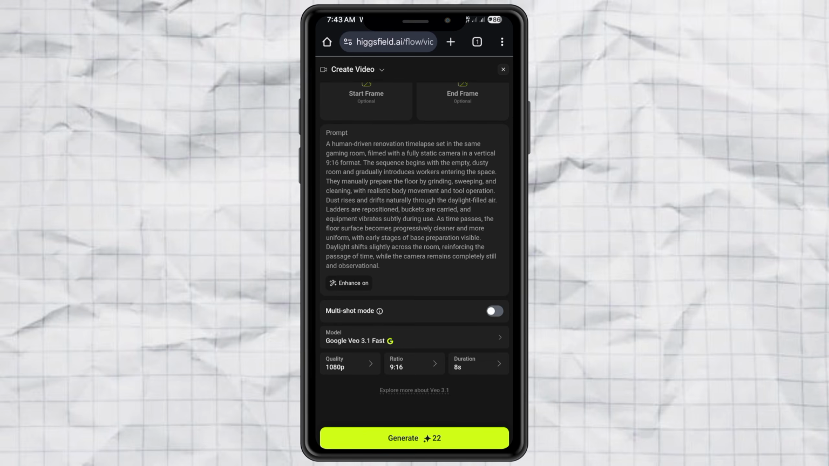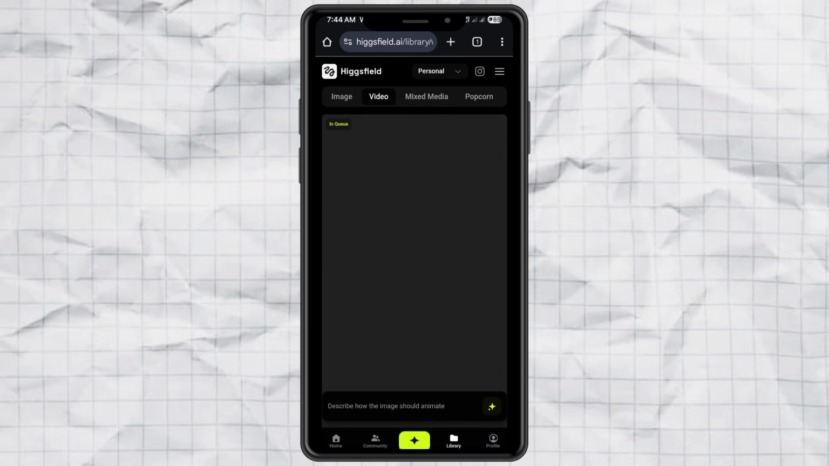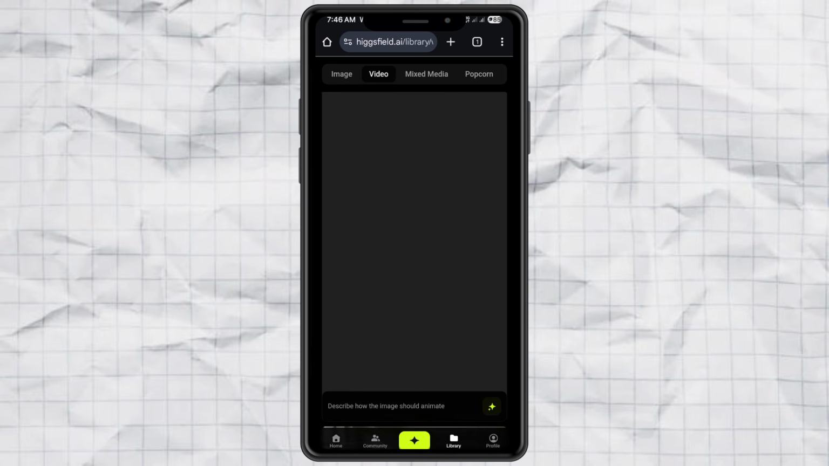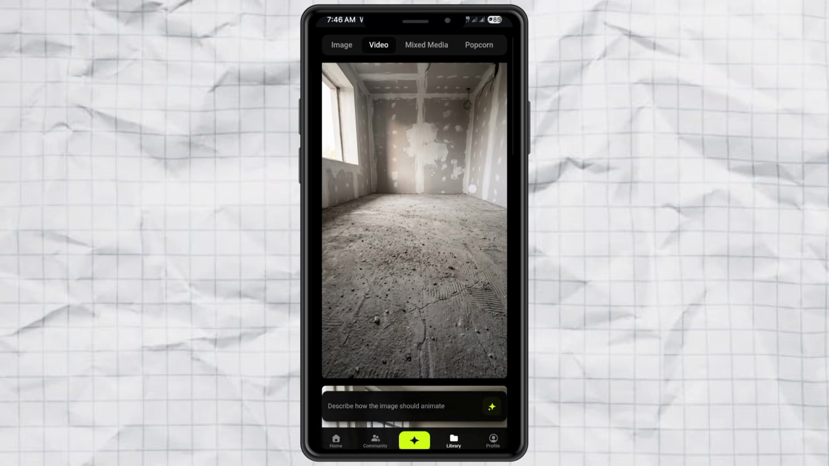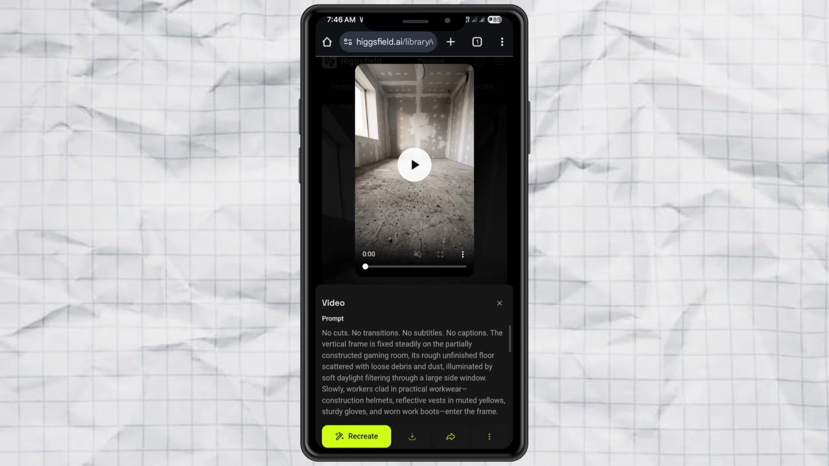set the quality to 1080p, aspect ratio 9:16, and duration around 8 seconds, or adjust it to your liking. Click Generate, and wait a few minutes. And just like that, your first video is done. Download it. Now repeat the same steps for video 2 and video 3,